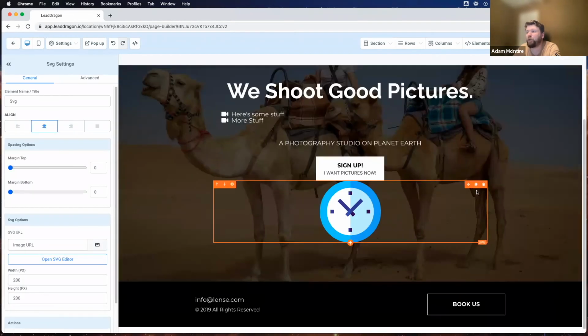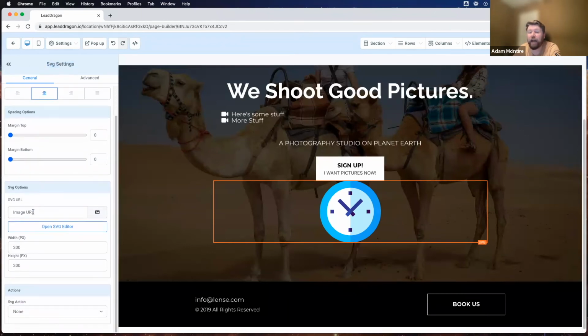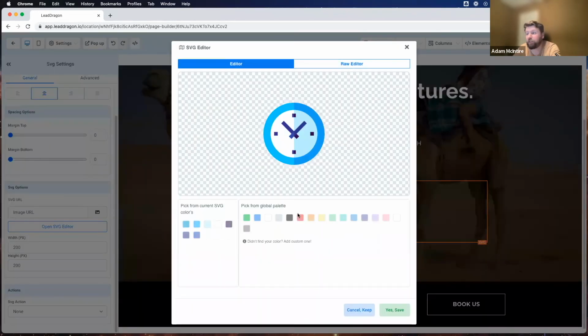SVG, that is if you're handy with graphic design. I am not. You can see here, I'm just going to go ahead and show you. Here's the SVG settings on the left. You can grab whatever image it is that you want. Again, it needs to be an SVG URL, but you can grab that. You can throw it in here, and then you can open the editor, and you can start adjusting the SVG image